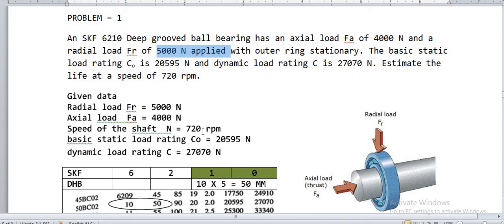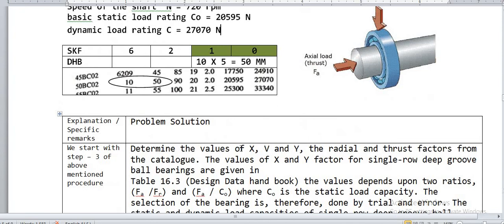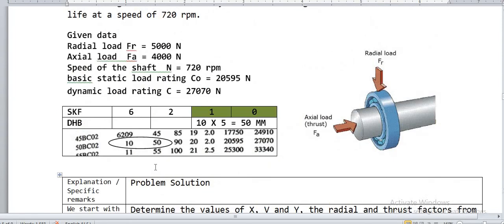As per the problem, the given data is: radial load Fr is equal to 5000 newtons and Fa is equal to 4000 newtons. The speed of the shaft is 7200 rpm, the basic static load rating is 20,595 newtons, and the dynamic load rating is 27,070 newtons. Here, when you see the manufacturer's catalog,